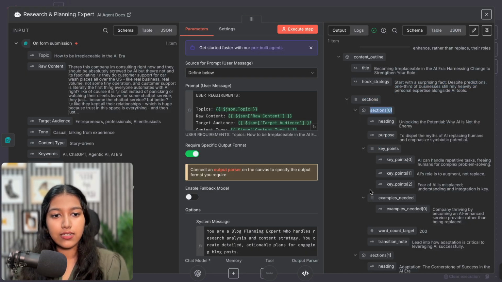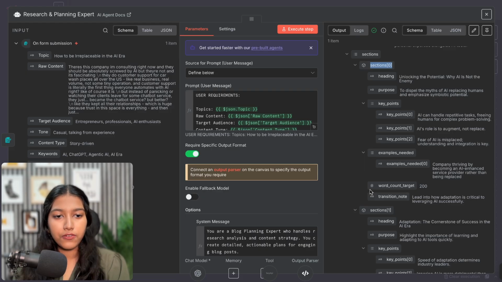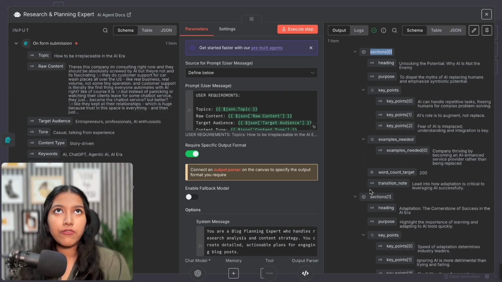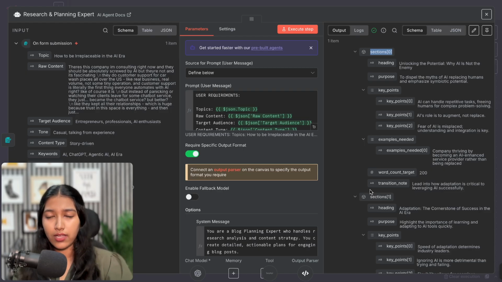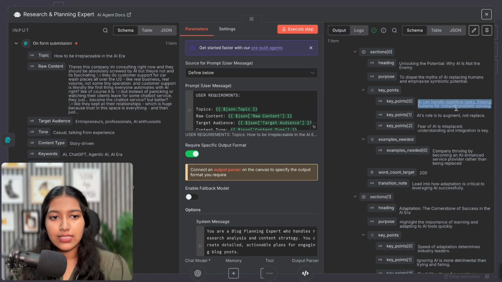Now, if you pay attention to the output of our research and planning expert, you will see that it has created different sections of the blog post, basically. Now, if you ask your next AI agent to generate the entire blog post, all the sections in one go, then the quality is going to decrease. It might miss out on key points, it might not include examples, and it's not a win-win situation. Instead, what we're going to do is we're going to pass the sections one by one. We're going to ask it to write only that part of the blog post